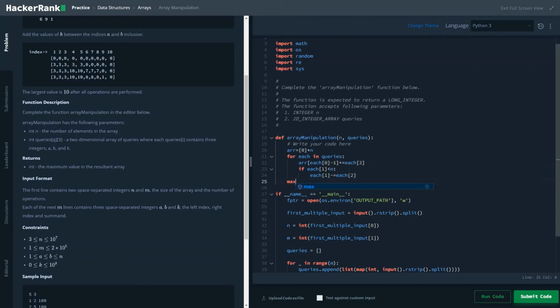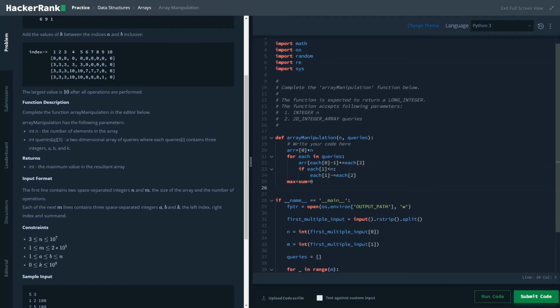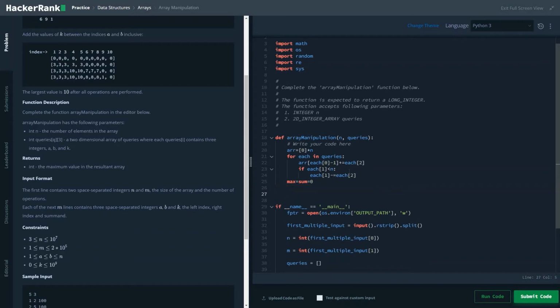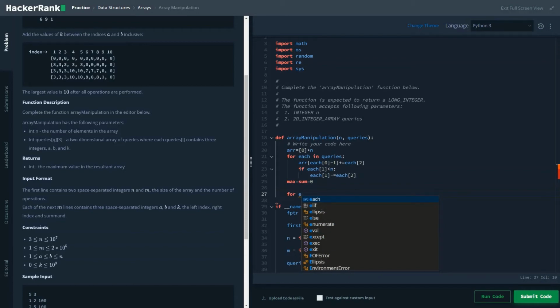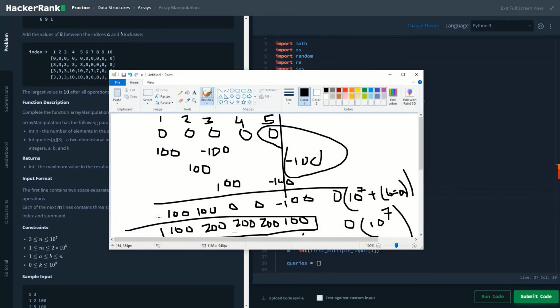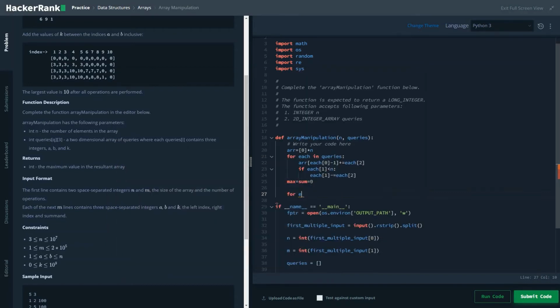We would be writing max and sum equal to 0. The maximum value basically specifies what's the maximum value present in the entire array. So we'll be calculating this. In this loop we are creating this plus operation for this part, so that we could derive this 100 200 value. So for